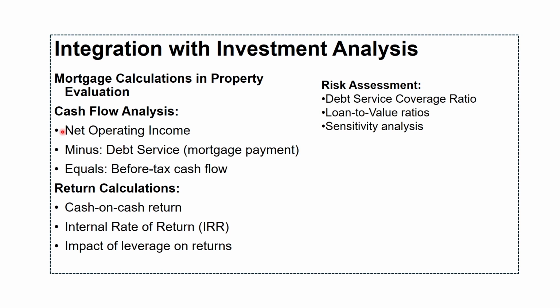Return will be calculated as cash on cash, that is cash flow divided by equity invested, and internal rate of return factoring leverage. So, risk will be assessed by debt service coverage ratio DSCR, loan to value ratios, and sensitivity to rate